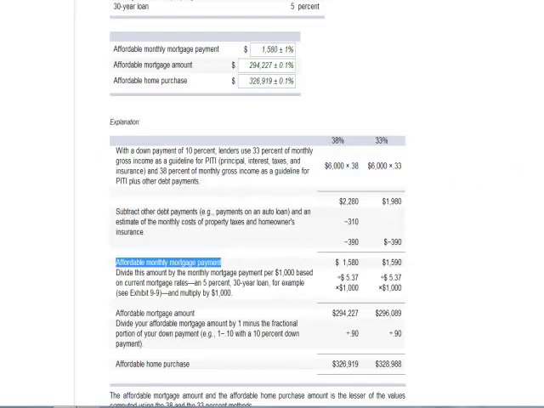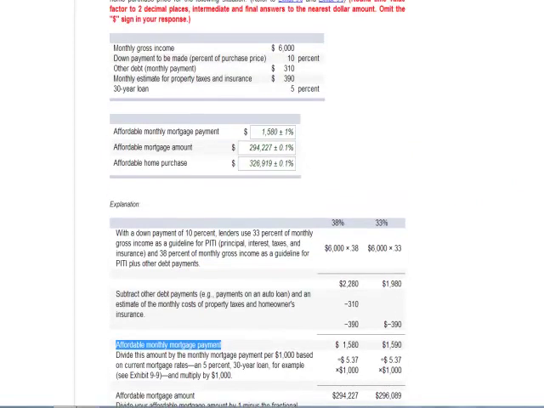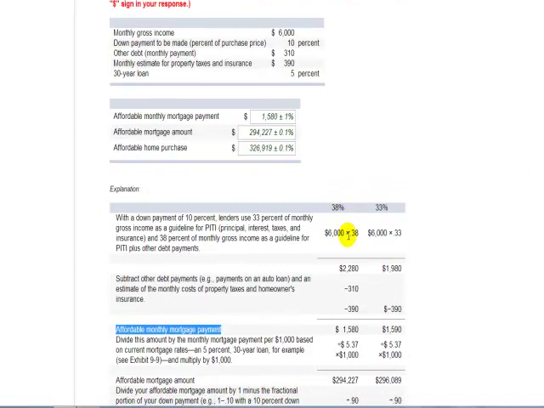So if their monthly income was $6,000, then 0.38 or 38% of that would be $2,280, and 33% of that would be $1,980. And now we're going to subtract off the debt payments. For example, the $310 is the other monthly debt if we're using the 38% rule, and we're also going to subtract off the $390 for the monthly property taxes and insurance. So this brings the 38% calculation down to an affordable monthly mortgage payment of